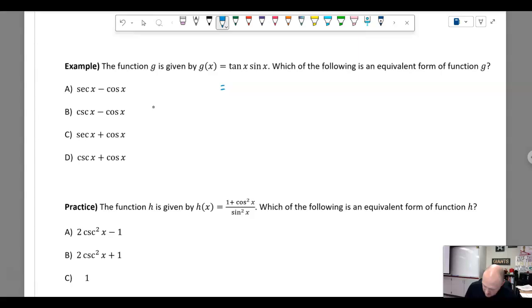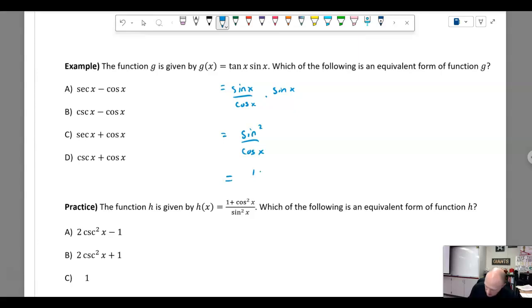So g of x, tan x and sine x, I'm just going to put everything in terms of sine and cosine, just to see what will happen here, times sine of x. And notice that I get 2 sines of x's. So this is sine squared x over cosine of x. And what I'm going to do here is substitute out this sine squared. So that is 1 minus